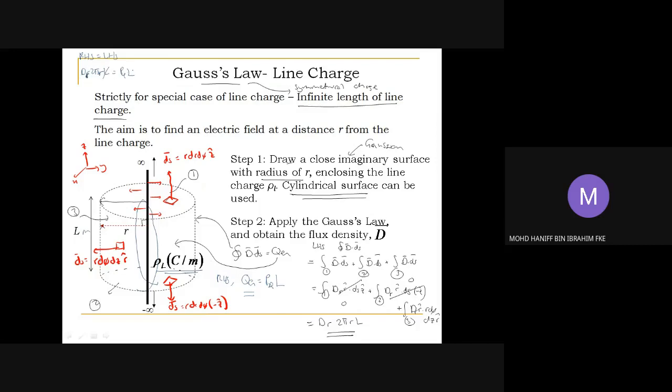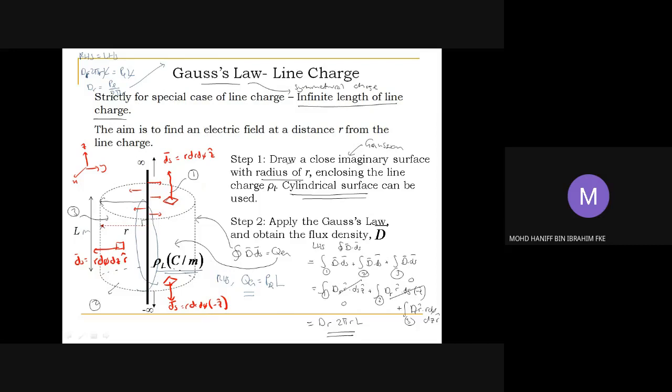So L can be cancelled out. So we're going to have that Dr shall be equal to rho L over 2 pi r. So that should be your Dr, which is the magnitude of the D component, the component of r, for the D. So from here we have